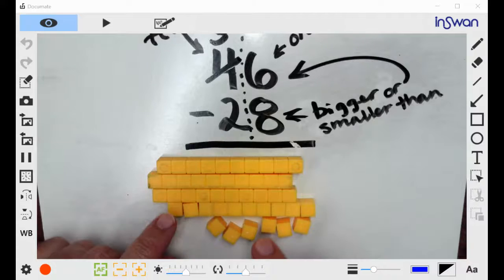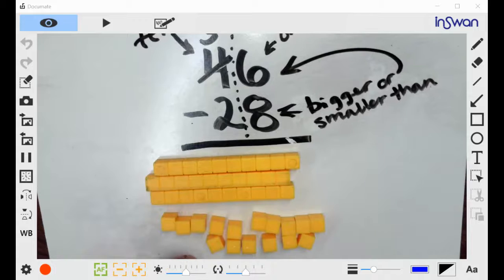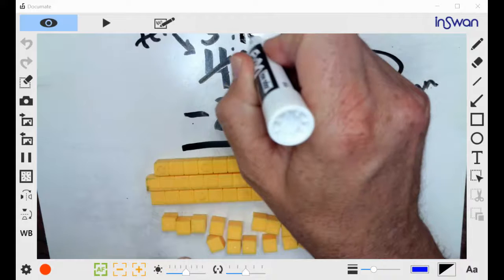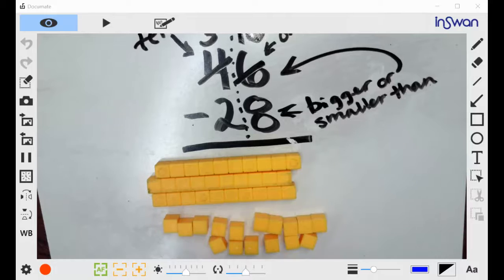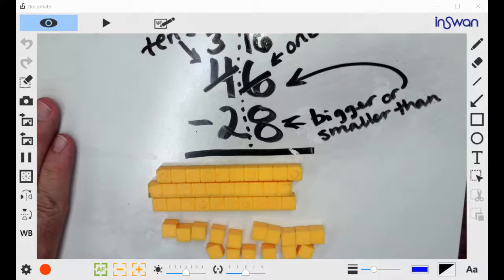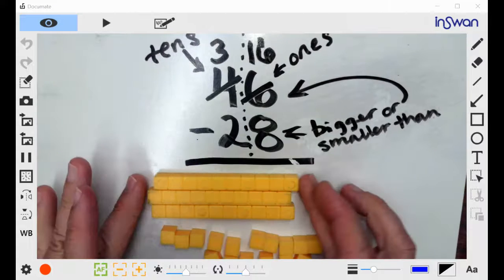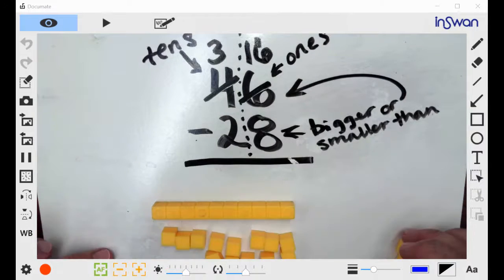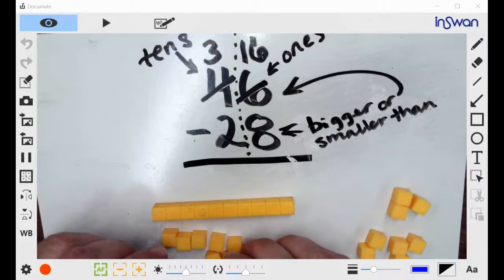And now I have 16 of the smaller blocks. So in my ones place, I'm going to cross that out and write 16. So now, and this is a more traditional way of seeing it, I have 3 10s and 16 ones, and then I need to take 2 10s and 8 ones, 1, 2, 3, 4, 5, 6, 7, 8,